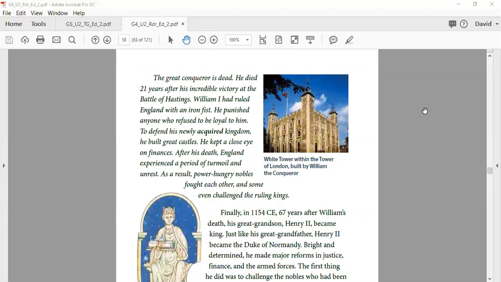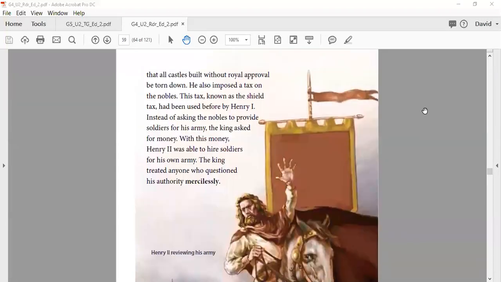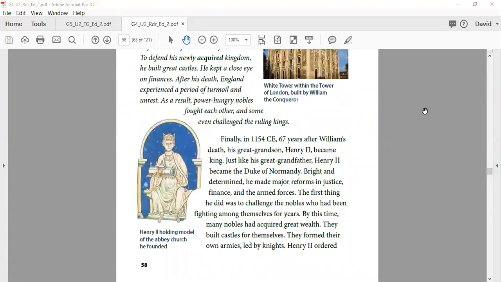After his death, England experienced a period of turmoil and unrest. As a result, power-hungry nobles fought each other, and some even challenged the ruling kings. Finally, in 1154 CE or AD, however you want to read it, 67 years after William's death, his great-grandson, Henry